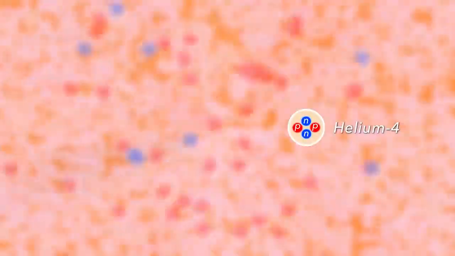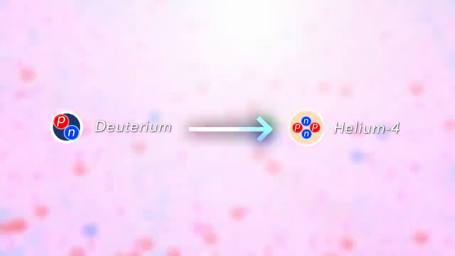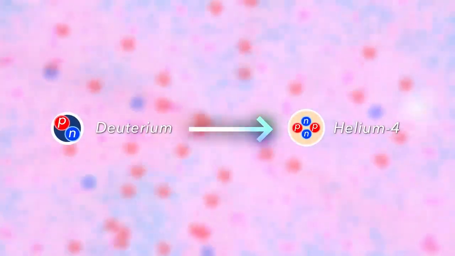In the beginning, like right after the Big Bang, there were all of these neutrons and protons whizzing around. It was incredibly hot, and there was tons of radiation. The universe was radiation dominated. But as the universe expanded, it cooled to the point where protons and neutrons could start fusing together. A particularly stable nucleus to form would be helium-4, made of 2 neutrons and 2 protons. The problem was, to form helium-4, you first have to form deuterium, 1 proton and 1 neutron. And this is a less stable nucleus, and as quickly as it formed, it would get smashed apart.